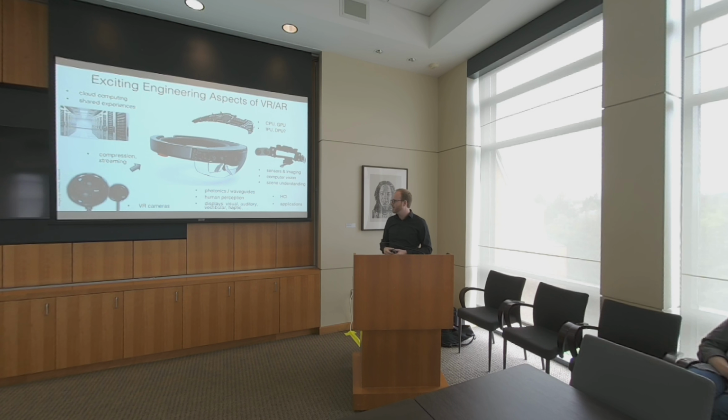Then on the optics side, you have things like waveguides and the photonics that are very important to build small form factor glasses and deliver these highly compelling experiences. And then we talk about the displays a lot, but there are many other senses that humans use, such as the audio system, the vestibular system, our sense of gravity, haptics, and so on. So there's a lot of research going on in all these different domains, and that's what makes it so exciting